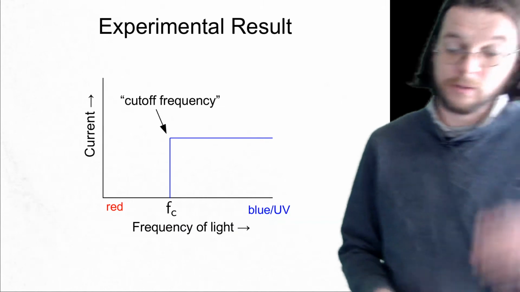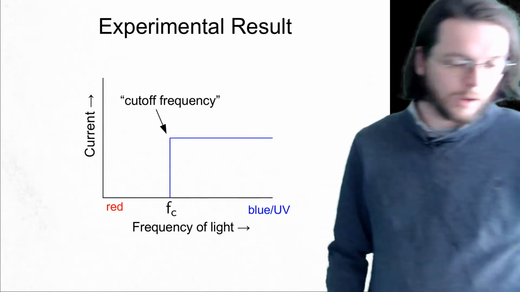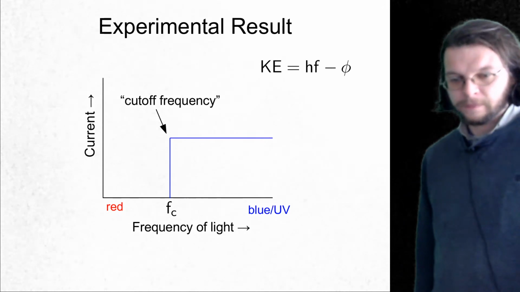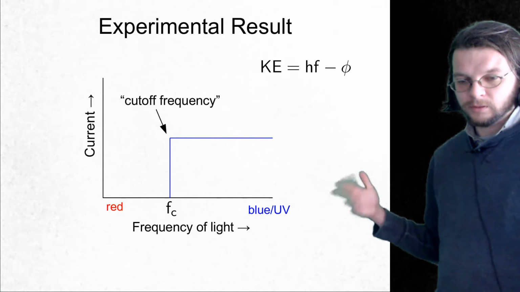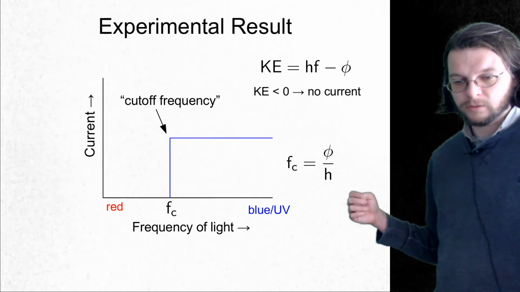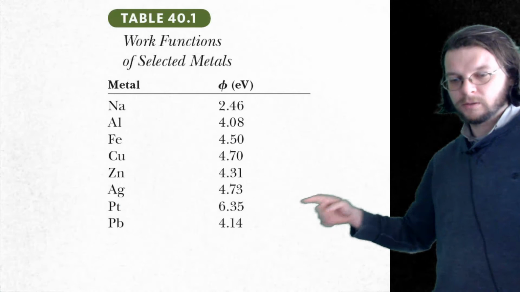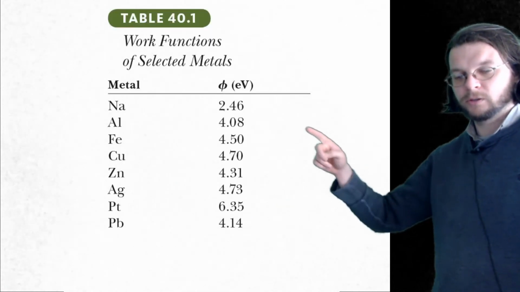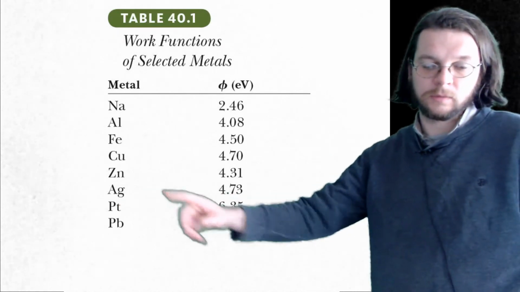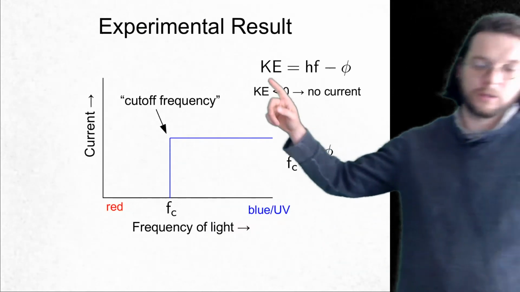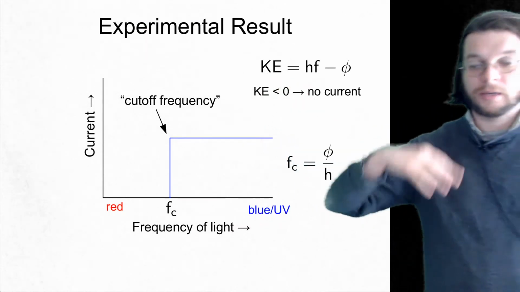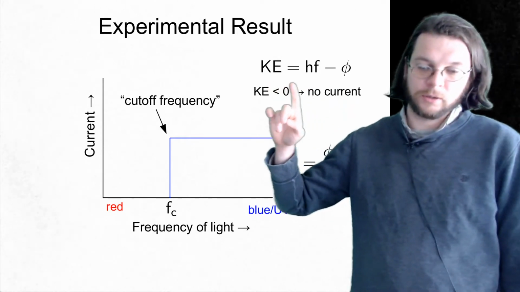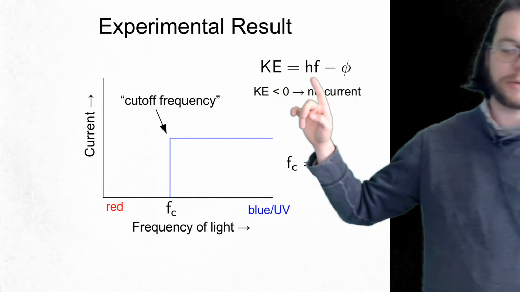And so we call this the cutoff frequency, and scientists studying this realized that the cutoff frequency is different for different kinds of metals. So this is what's called the work function. So the cutoff frequency is the work function of the metal, and we were talking about zinc in that video. And basically the kinetic energy that the electron gets, just empirically, I'm not explaining why this has happened just yet, ends up being